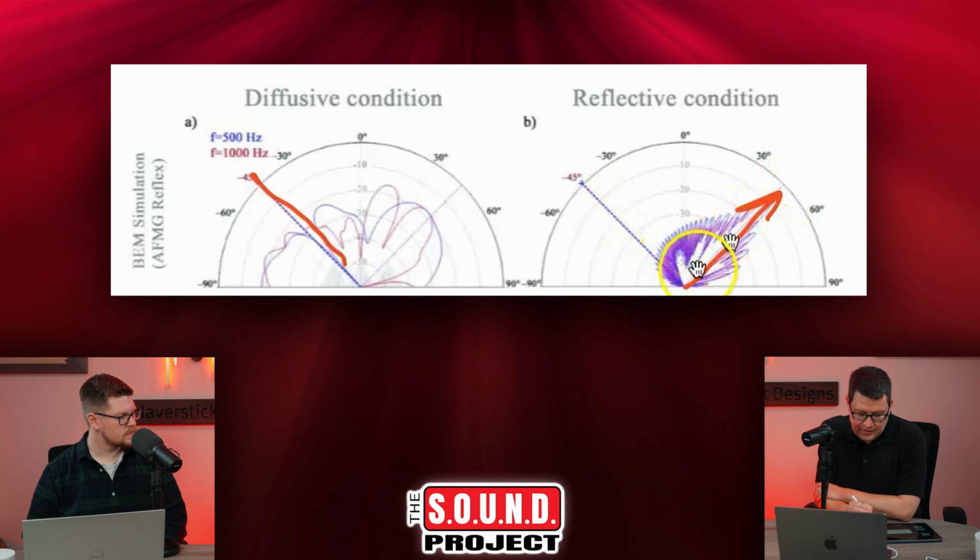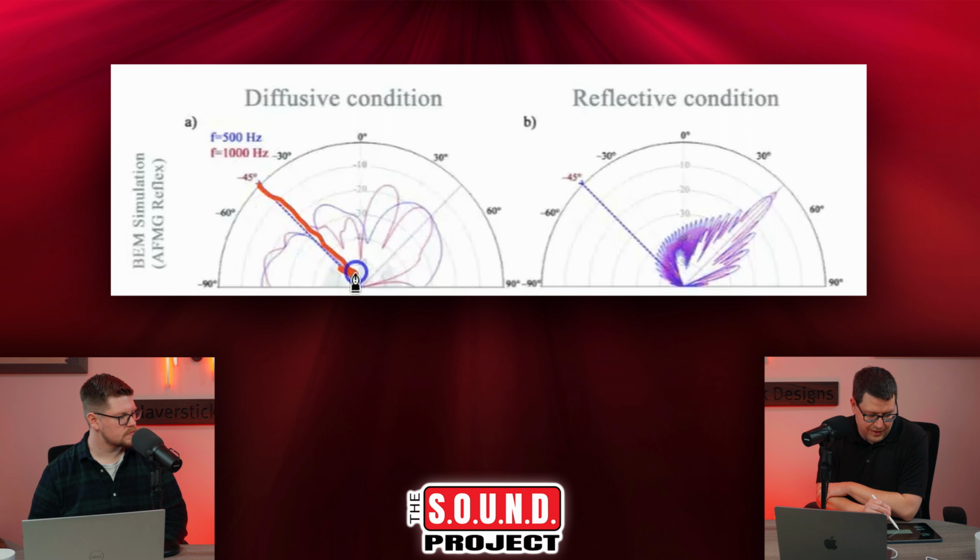Angle of incidence is equal to angle of reflection, so it's going to hit that flat surface, and most of the energy is going to be skewed going the opposite direction at 45 degrees as well, because sound bounces around kind of like billiard balls on a pool table. That's what's going to happen if it's just a reflective surface. But in the diffusive condition, you have the initial sound coming in at 45 degrees, but notice